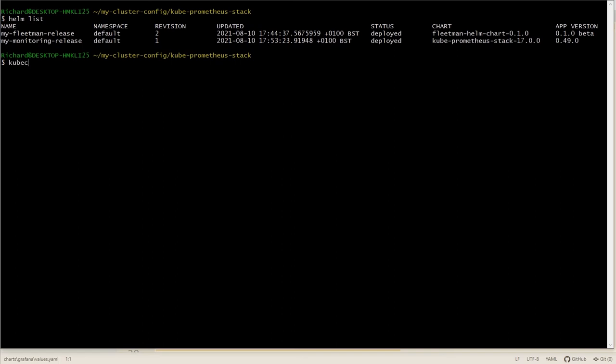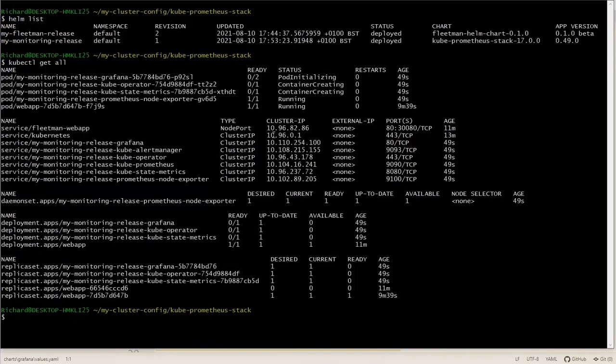Cast your mind back to much earlier in the course, you'll remember that I showed you that everything that the monitoring chart has installed, such as the pods, the services, the deployments, and so on, are all prefixed by the release name. In this case, My Monitoring Release. So there's the pod, there's the service, and so on.